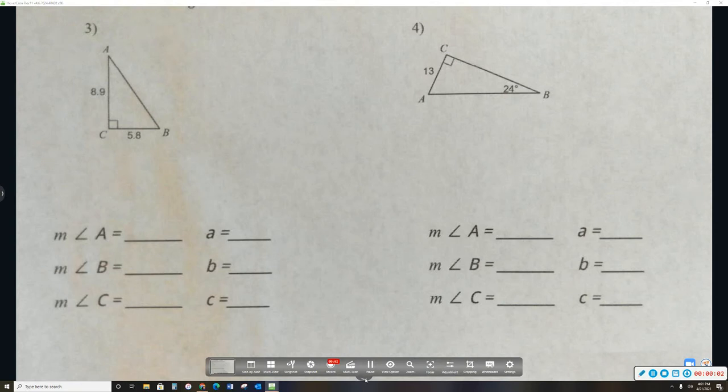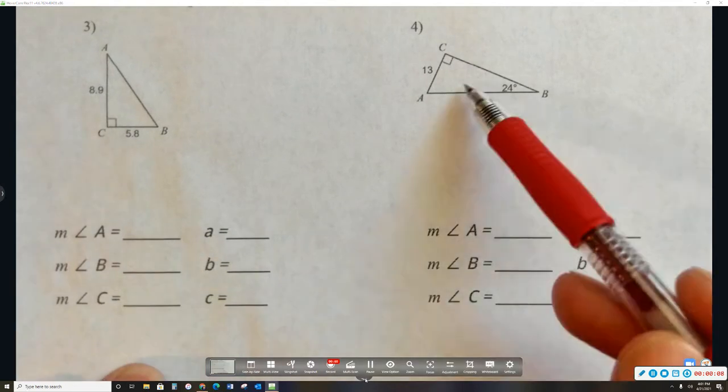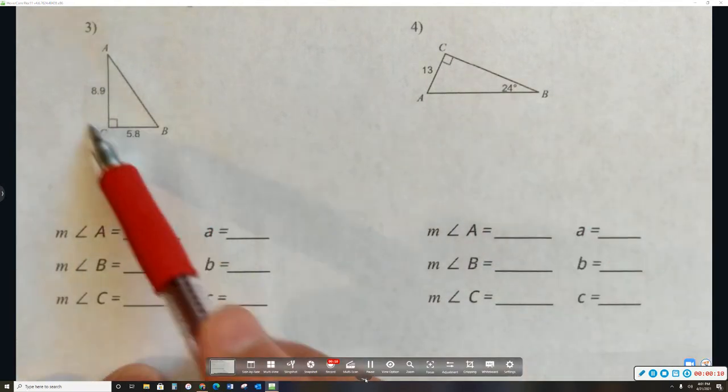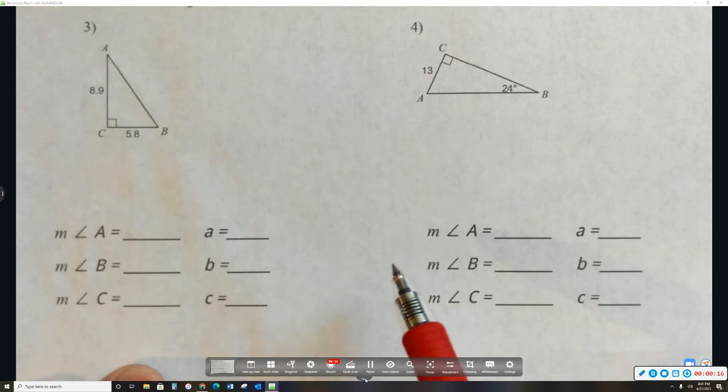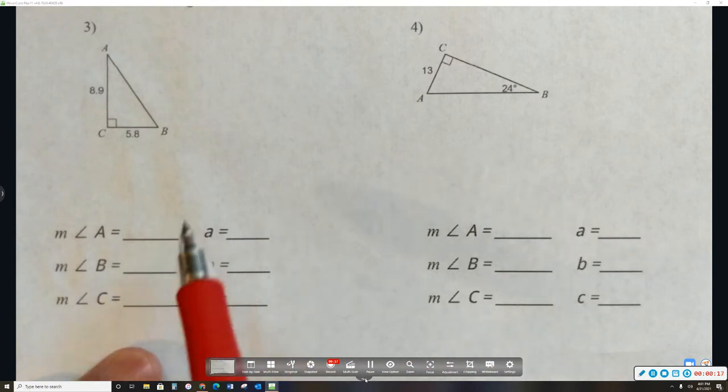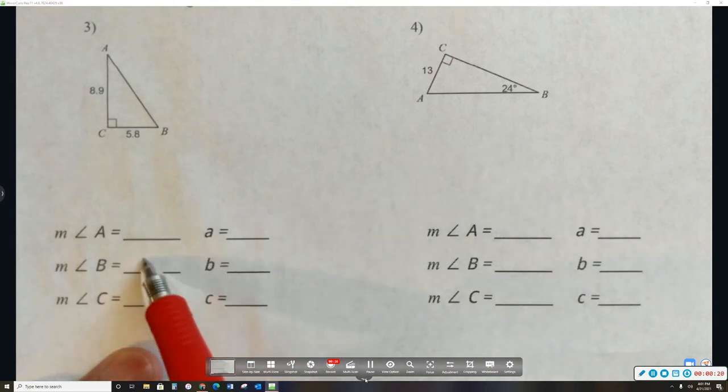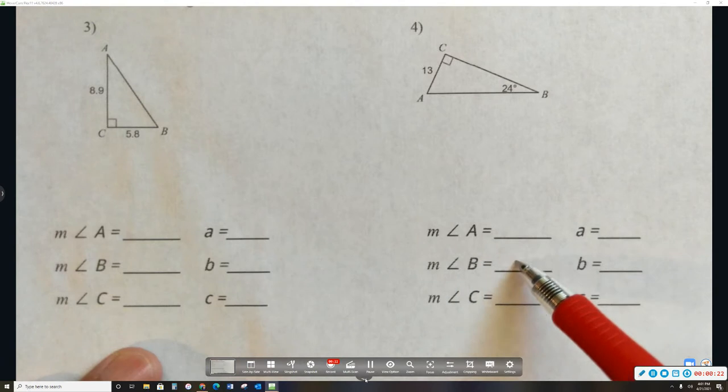And then the last two, I'm going to do them both kind of at the same time. At least I'm going to fill in the information that we know just from the diagram. I'm going to do that together on both of them before I solve it completely. So the first thing I always like to do is pick out the angles that we have information